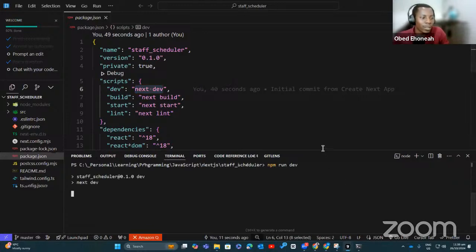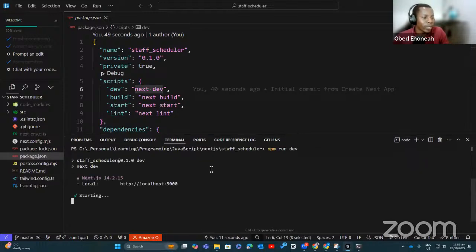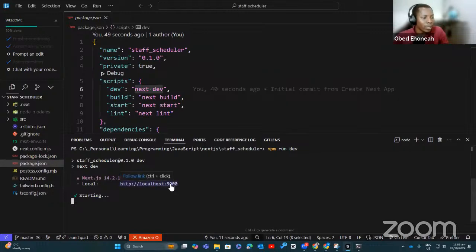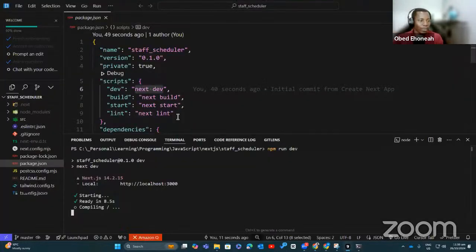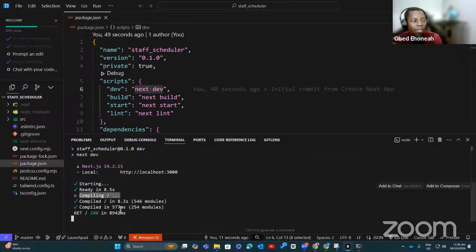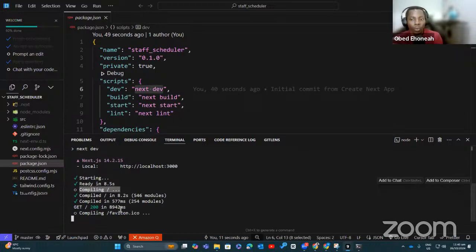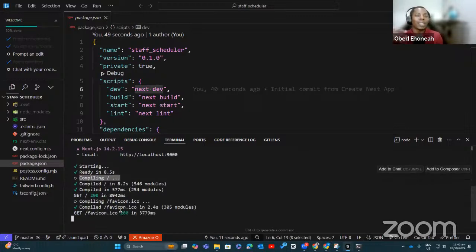And that should start our Next.js application on the default port 3000. And we open this. Ooh, usually it takes some time to compile. You can see that it's compiling here. When you are working in dev environments, it's mostly slow. It doesn't mean how slow you are seeing it is how slow it's going to be in production.